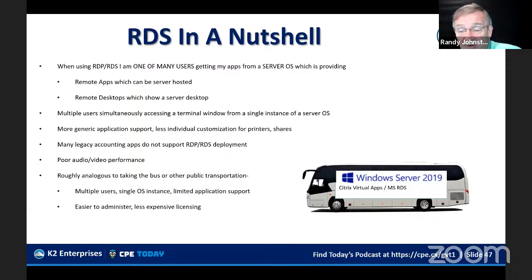Most generic application support is available in RDS, with less individual customization for printers and shares. A lot of the legacy accounting apps don't support RDP, RDS, but that's gotten less and less as time has gone on. There are poor audio and video performance profiles on this, just not enough resources to share. And it's roughly analogous to taking the bus or other public transportation. There's multiple users, there's a single OS instance, and limited application support, as opposed to zero,